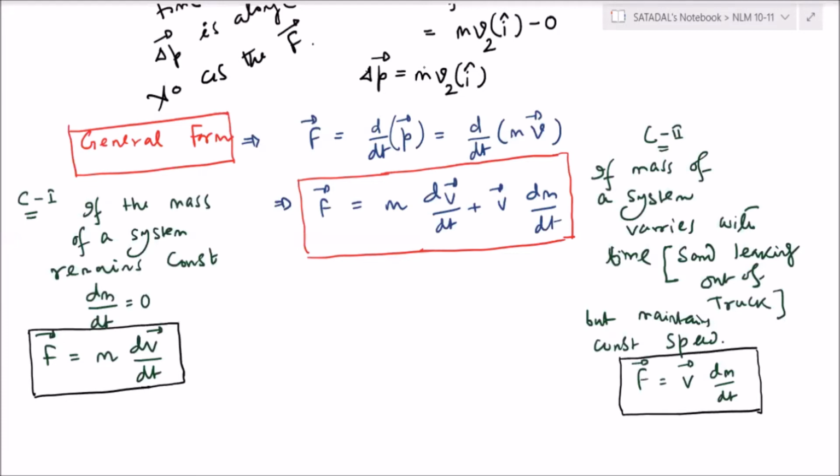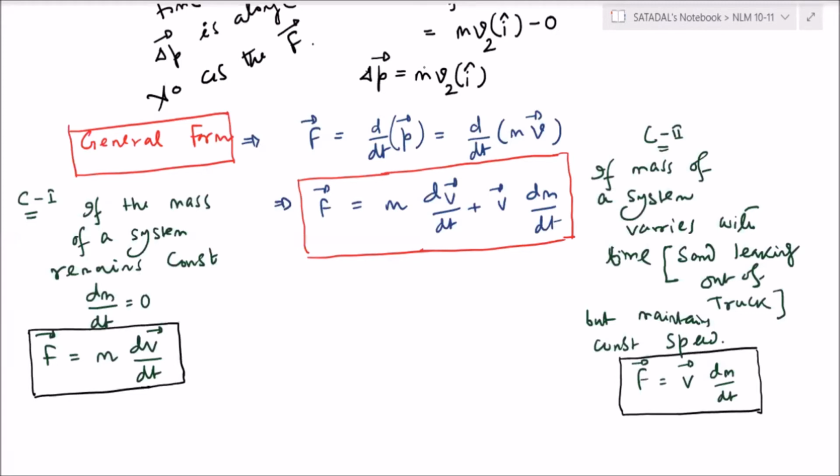Suppose you are on the weight machine. Suppose the weight of Rahul comes at around how much? 35 kg only. Anyway, after some time it's changing, sir. Now you understood. So if the mass is changing, then the dm/dt factor will be there. Yes, sir. So then we will apply this equation of the force. This is also there in our syllabus. We will study about that. Okay, sir.